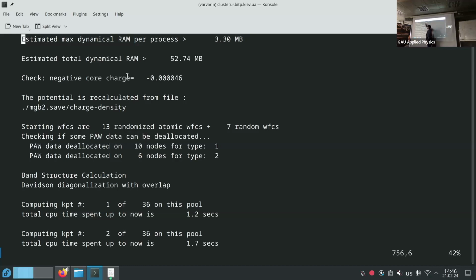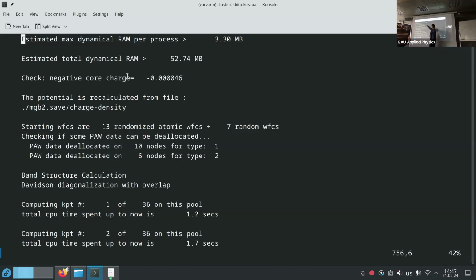And this is one part of parallelization. When you just take this RAM, 52 megabytes, it's nothing. But if you have 100 gigabytes, for example in my calculations, 80 atoms had to use 100 gigabytes, and then you divide it by maybe not 16, but 32 processes, because each processor has a limited amount of memory.